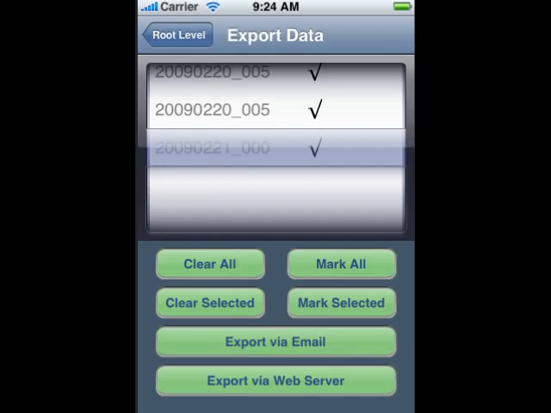As we add new flights, those won't be marked initially, so the next time we do an export, then just the new flights will get exported. And you can go in and you can clear these or select particular ones and mark them not to be exported,